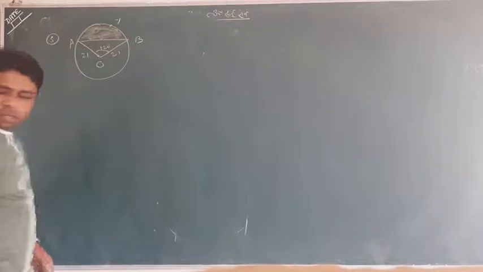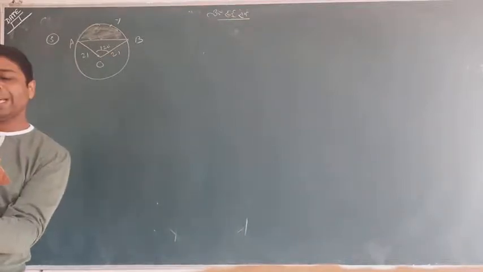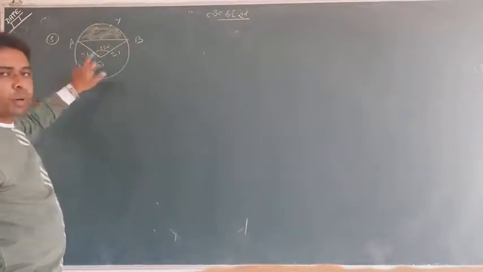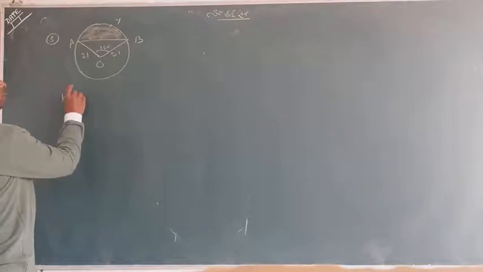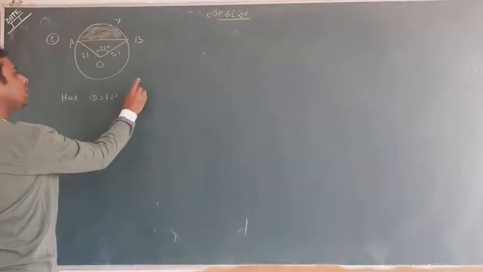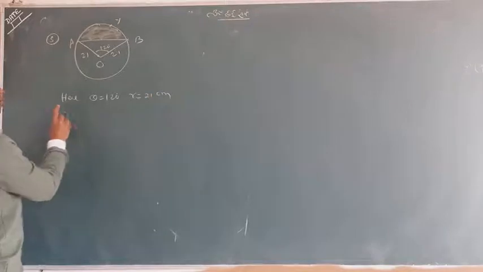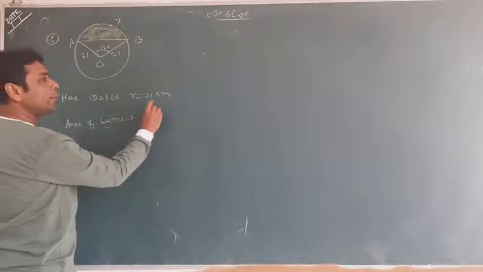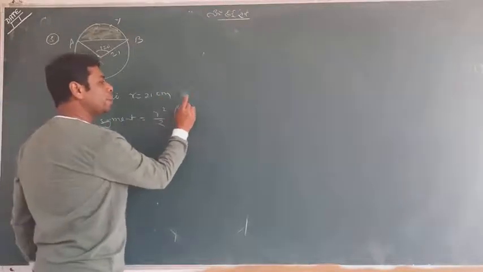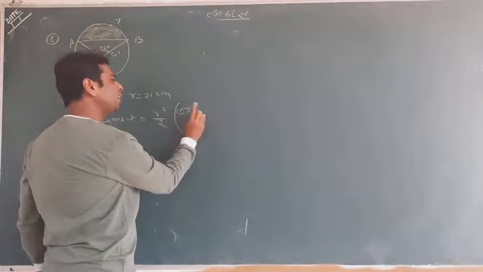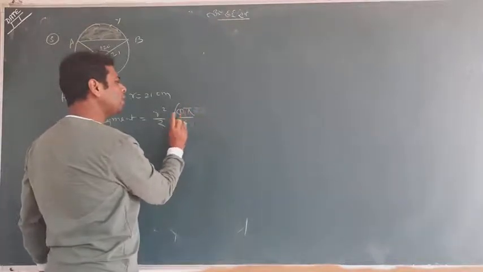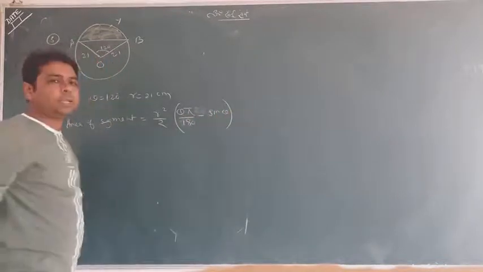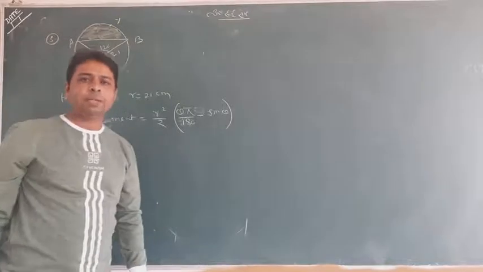Let me explain something. You have just to find the area of segment AYB. Theta is given, r is given, so I don't think it's a trouble. Theta is equal to 120 degrees, r equal to 21 centimeters. So I would write directly the area of segment, the formula which I made you write: r squared, theta pi upon 180, minus sine theta. Remember that it's a formula.